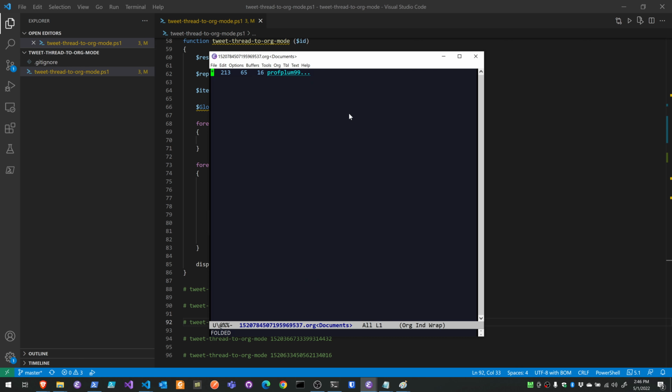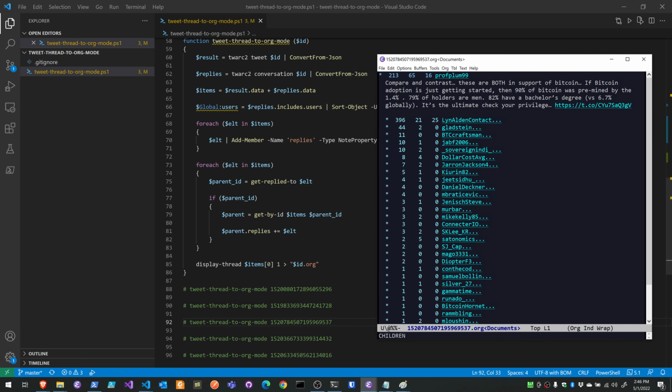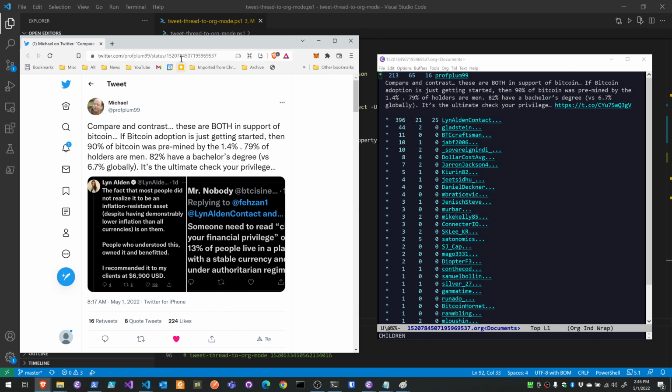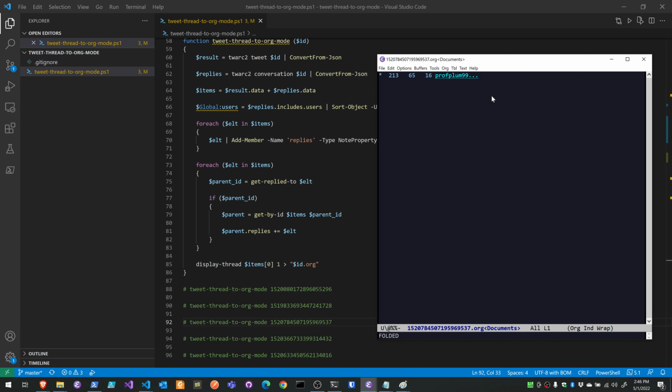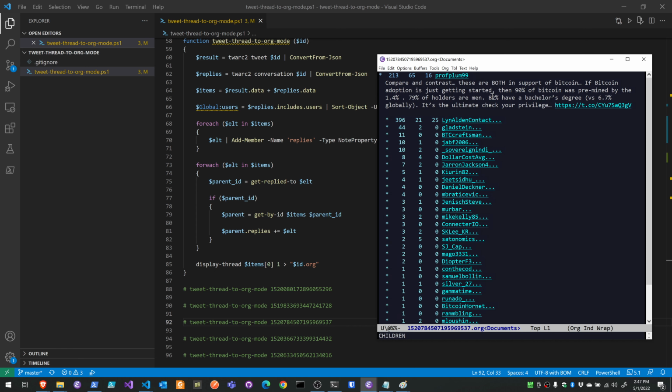So basically, we're taking a look at this here. This is the tweet where I requested the thread, right? This is the top level tweet here that you can see that corresponds to this. Some of you might not be familiar with org mode and Emacs at all, so I'll just explain it as we go. It starts out with just a single node. You hit tab, it expands it, and here you can see the text of that tweet and then all the replies. The numbers here are the likes, the quotes, and